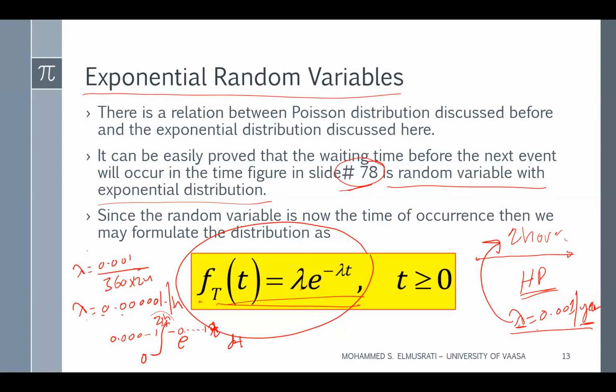So this exponential distribution gives you the capability to have the distribution of the random time. It gives you the distribution of the random time, and this could be used for any event that I am interested in, for example, the probability that some event will happen within like 1 minute or 5 minutes or 10 minutes and so on. And it is very, very useful in